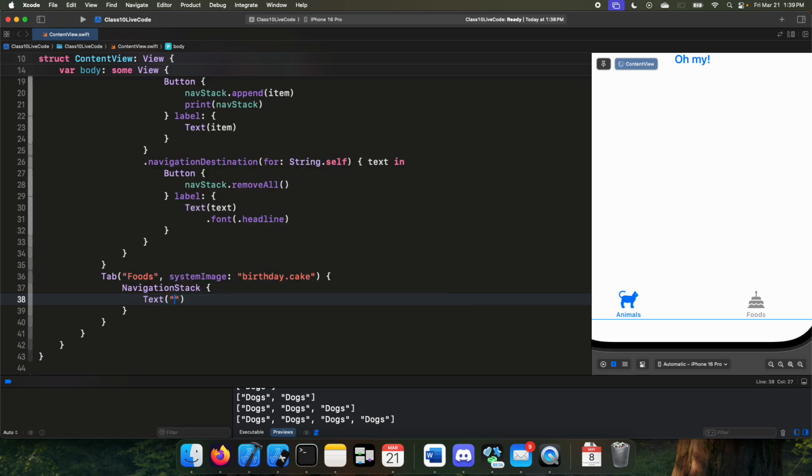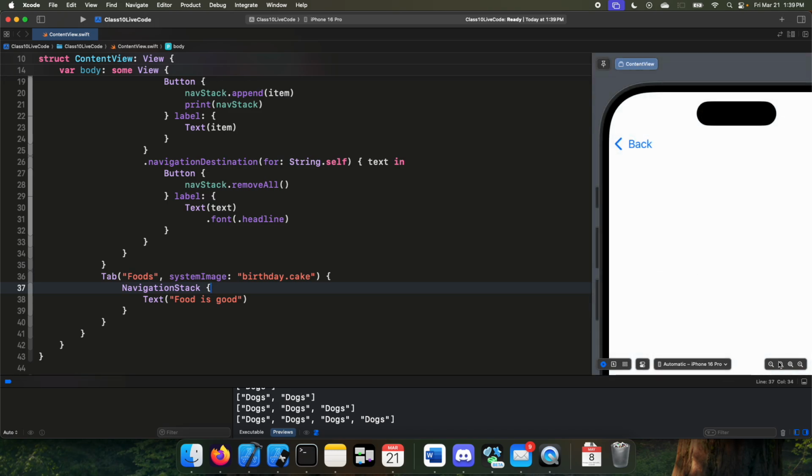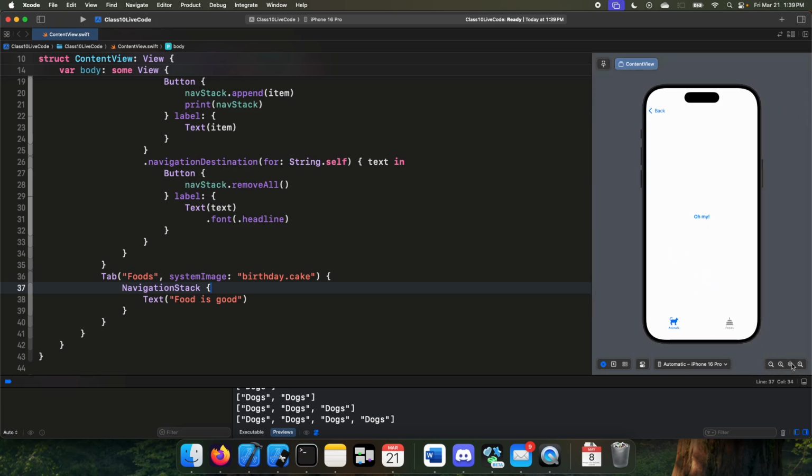I'll just add text, food is good, like this, and so now we can go back here to the interaction one. We can go to the show me the whole thing, and now we click on this, and you'll note that the back button is gone because currently we're on a root view, right? And all that stuff. Interestingly enough, if you made this a navigation link,